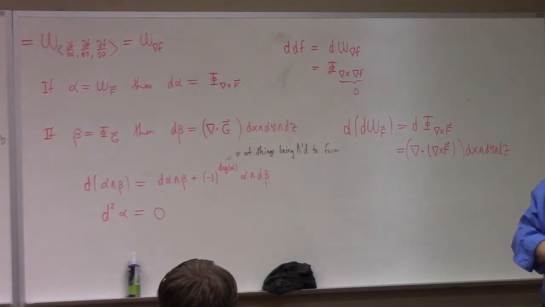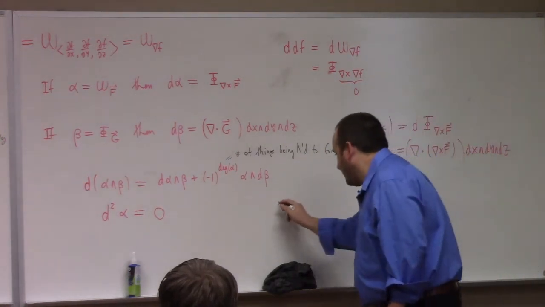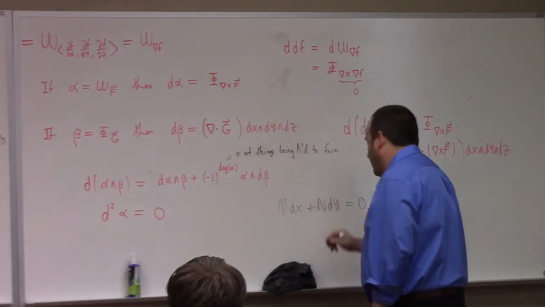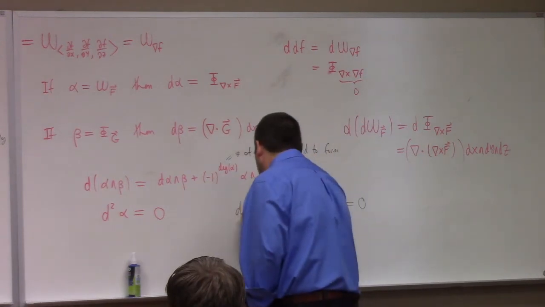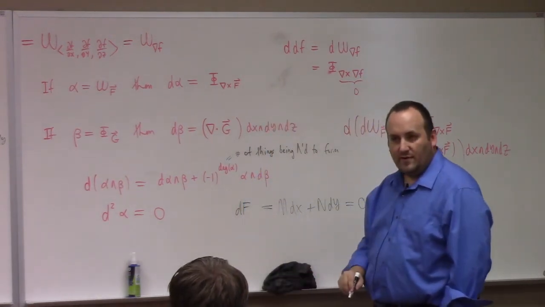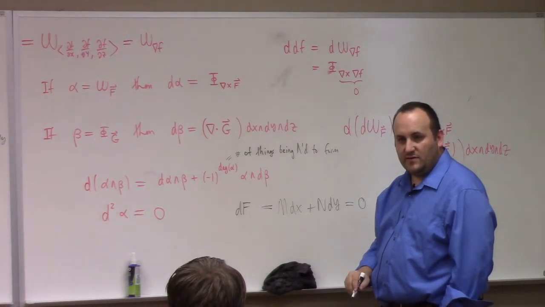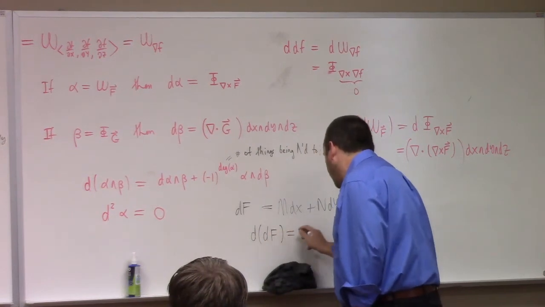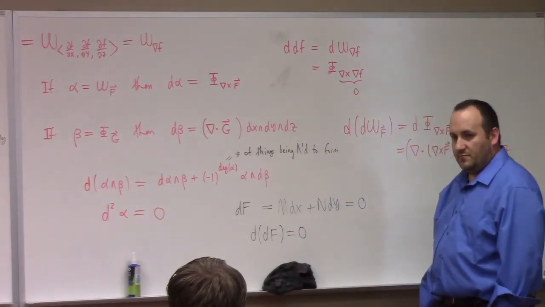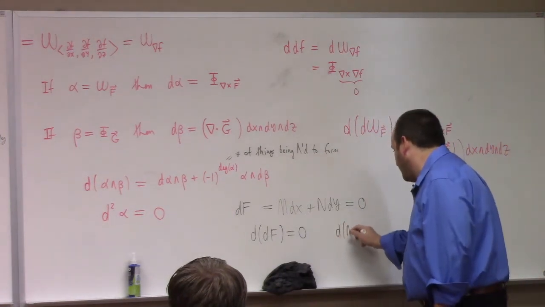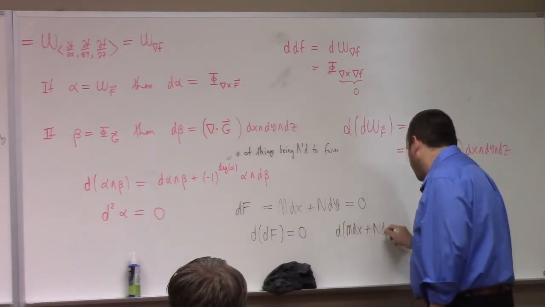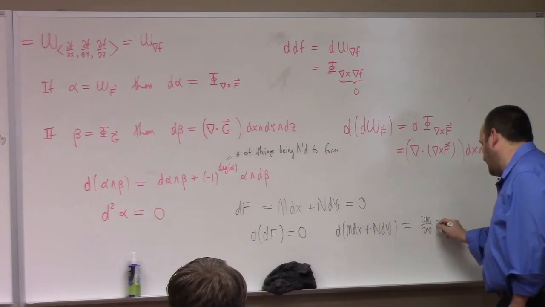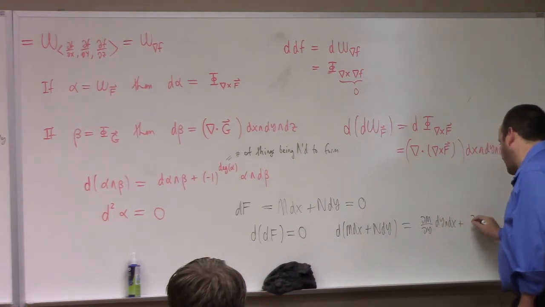But it's also got like low-tech applications, like differential equations. Differential equations, we study exact equations, M dx plus N dy equals 0, right? It's exact if this is equal to the differential of a function, yeah? So how can I check if the equation is exact? If it's exact, then d of df, well, that's 0, right? But that's exactly the condition. What does it mean for d of M dx plus N dy to be 0? Well, that's partial M partial y dy wedge dx plus partial N